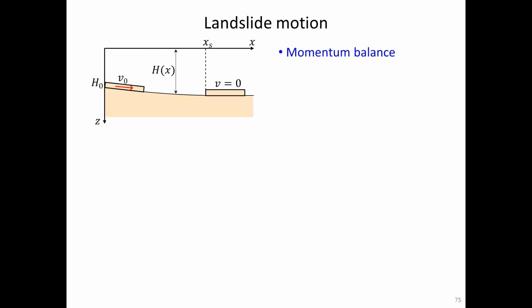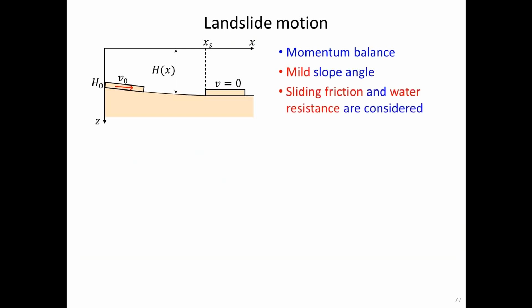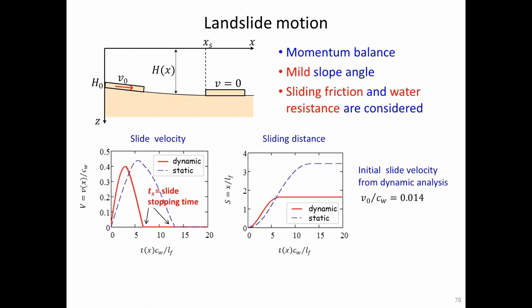So I basically work on the landslide motion, and for this landslide motion I made some assumptions: that my slope angle is fairly mild, and that I can still include the friction between the basal surface, which is the sliding surface, and also the resistance against the water. Using the momentum balance equation here, I can calculate the slide velocity and the sliding distance. So you can see that here, and between the dynamic condition and the static condition, they have different patterns of slide velocity and sliding distance. But what you can see in both conditions here is